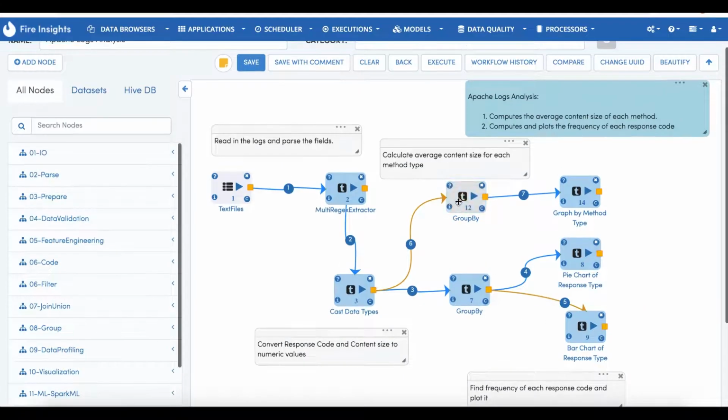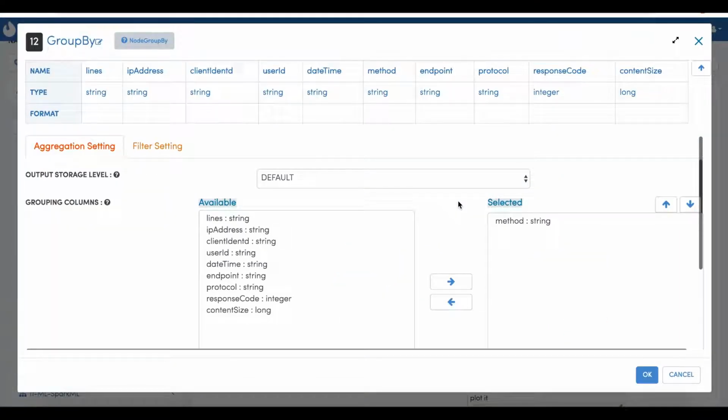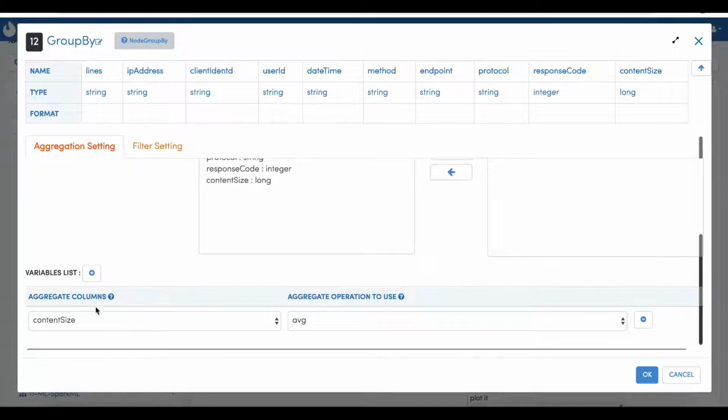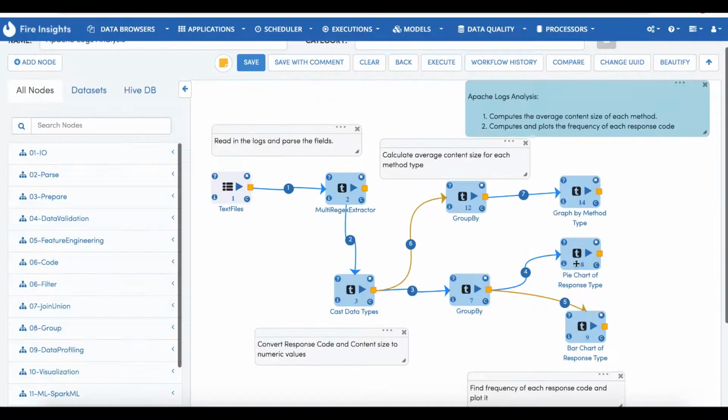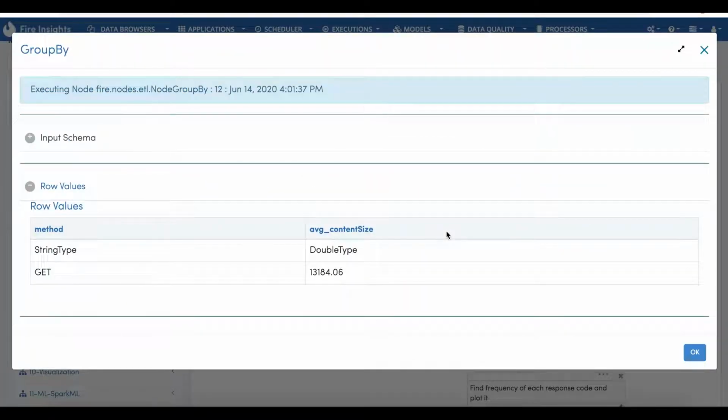Then we are using the group by node to calculate the average content size at each method level. The group by column we selected is method, the average column is content size, and the aggregate operator is average. The output of that group by in interactive mode looks like this. Sample data has only one method, so we are seeing only GET in the result, and the average content size is